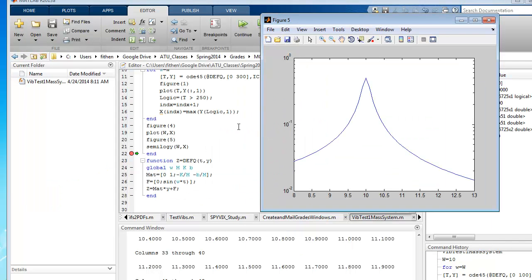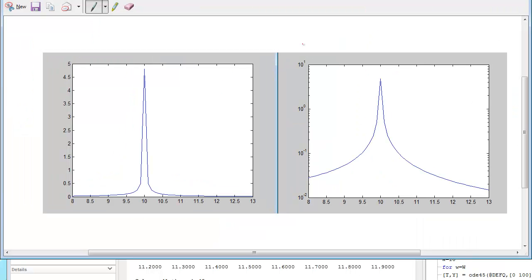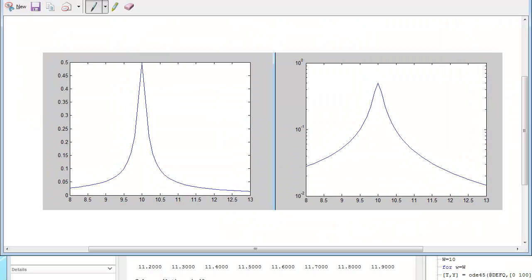Alright, there's your two plots, 4 and 5, and if you compare the amplitude, they're quite a bit different. Using your snippet tool, you can go out and grab them again. And then you can come back. Now if you wanted to, and this might be something to consider,